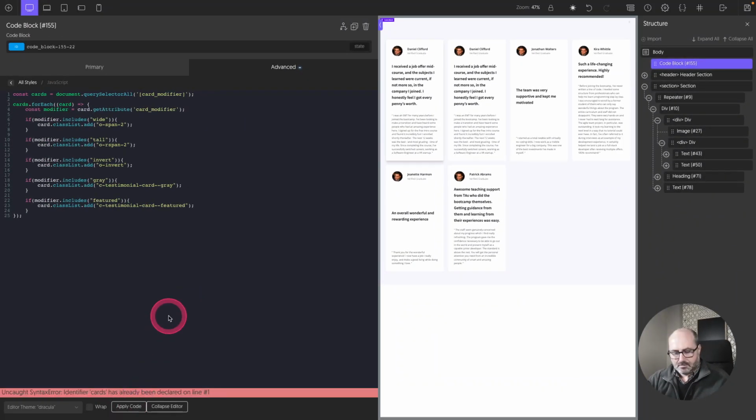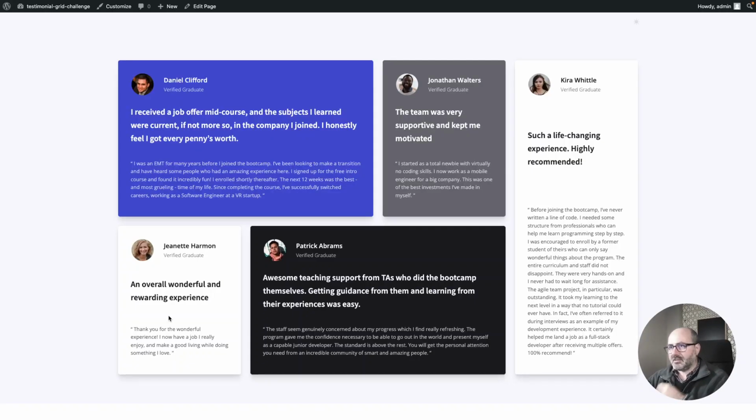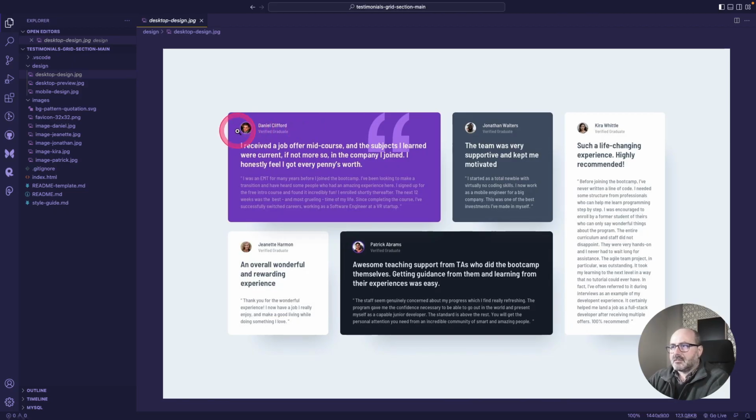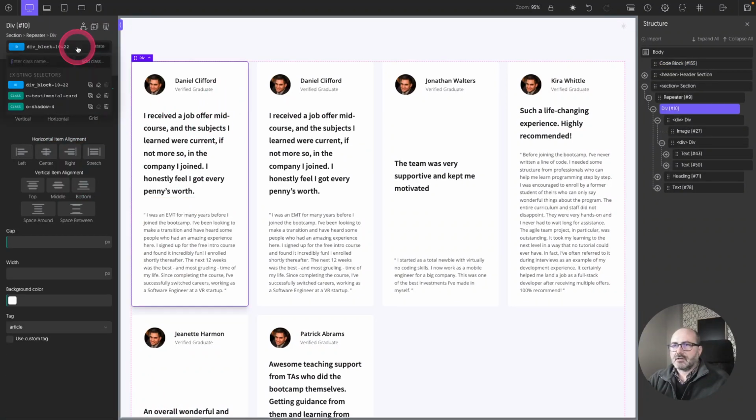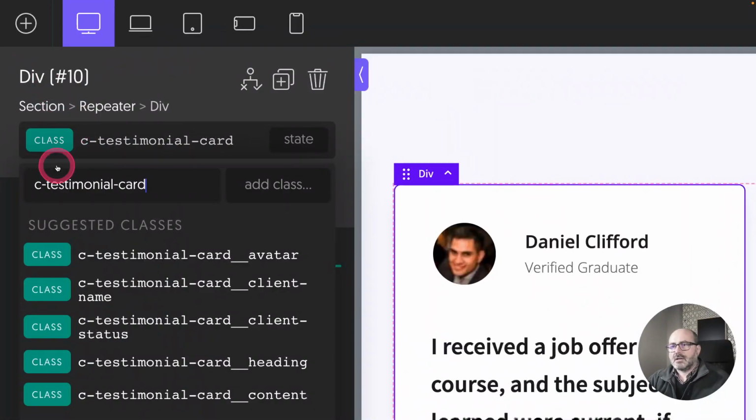Apply code, save, and when we refresh, it's working as expected. So now let's add the border around the featured card and the inverted card. So let's create a new modifier class, and let's call it testimonial card